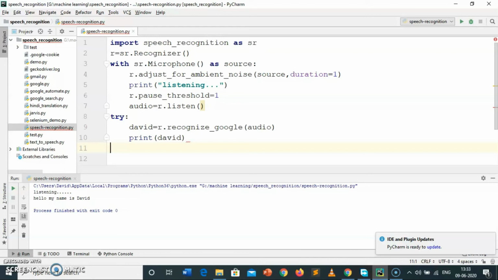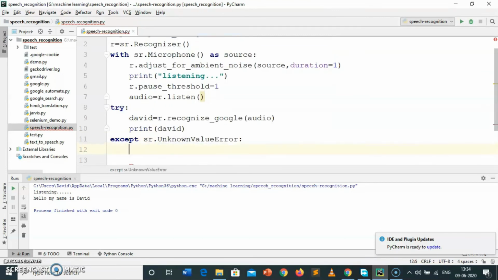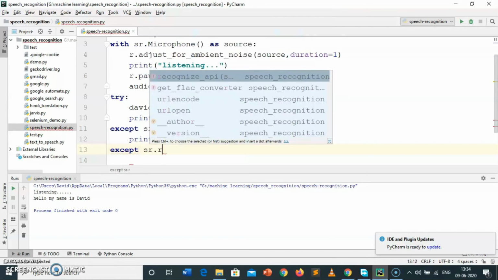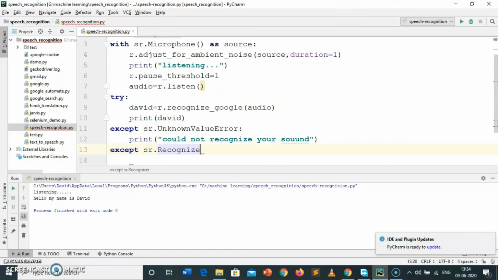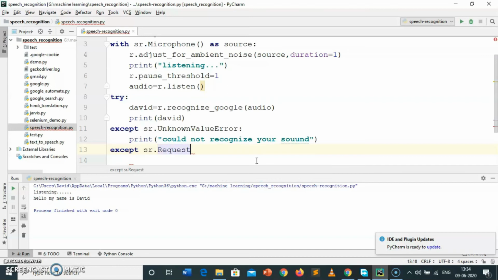Now we have to use some exceptions so that we can show a message whenever it throws an error. For this, except, the first exception is sr.UnknownValueError. Print could not recognize your sound. And the next exception is for the internet handling: sr.RequestError as e.